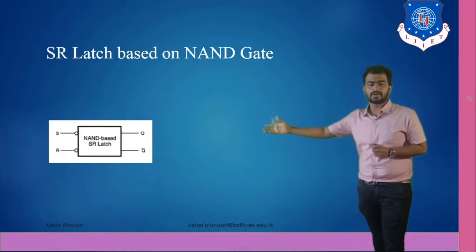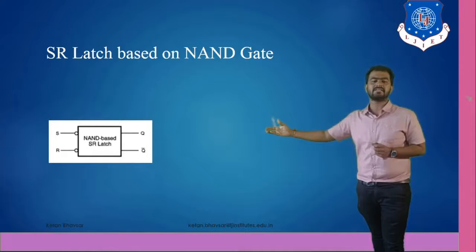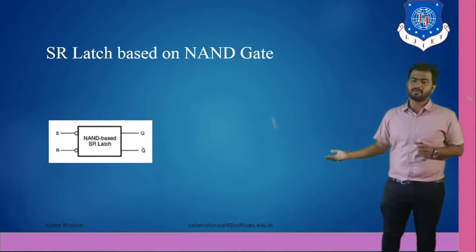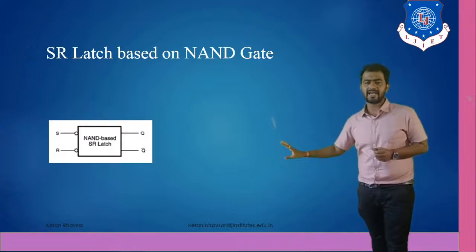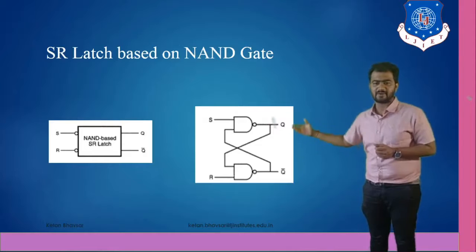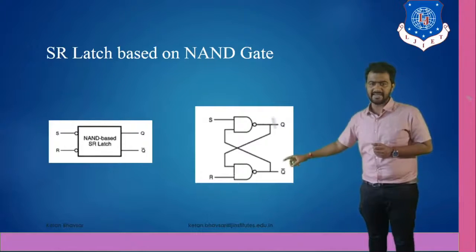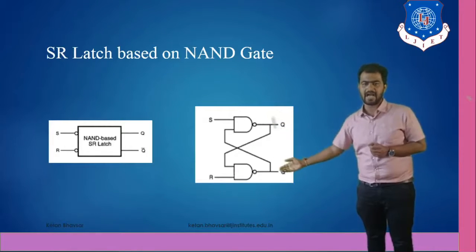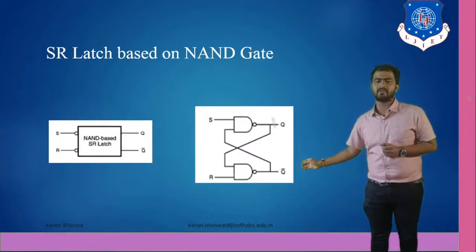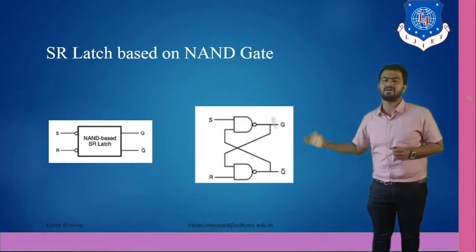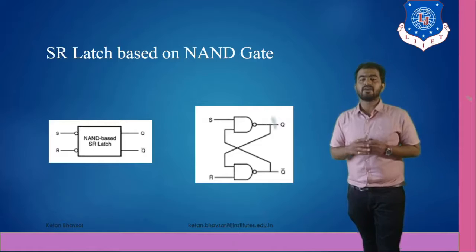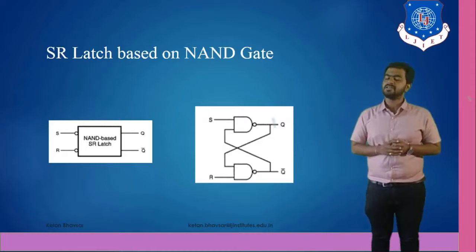As you can see, this is the basic diagram: S and R are the inputs to the NAND gate based SR latch, and Q and Q bar are the outputs. These are just the basic block diagram. Now you can see the internal diagram, which we designed with the help of NAND gates. Each NAND gate has one of the S or R inputs. Now the feedback: Q feedback goes to the R side and Q bar feedback goes to the S side. So it became a feedback based concept, or we can say a sequential mechanism, for an SR latch using NAND gate.